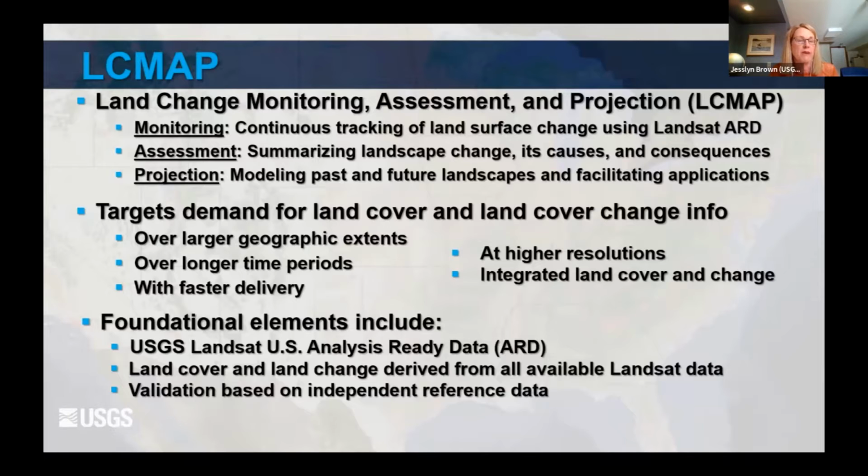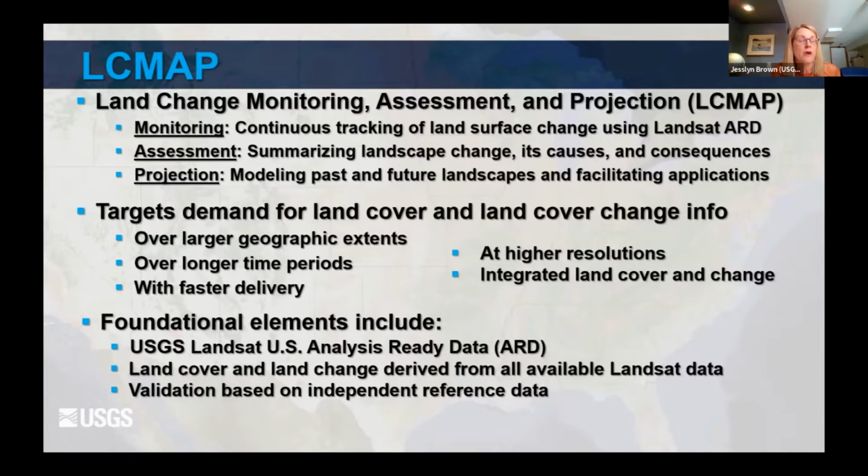And just by virtue of time, I'm not going to focus on that for a large amount, but really with assessment, we're trying to summarize the landscape change that we've seen and look at causes and consequences. And projection is all about modeling outside of the Landsat record, either to past landscapes or future landscapes.